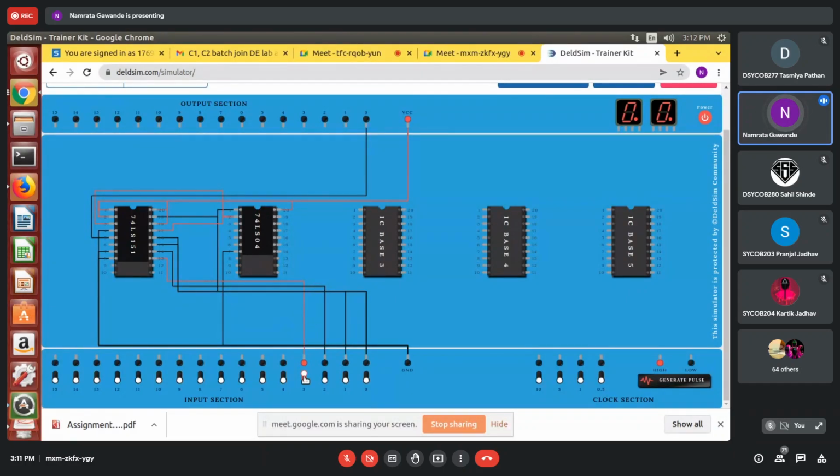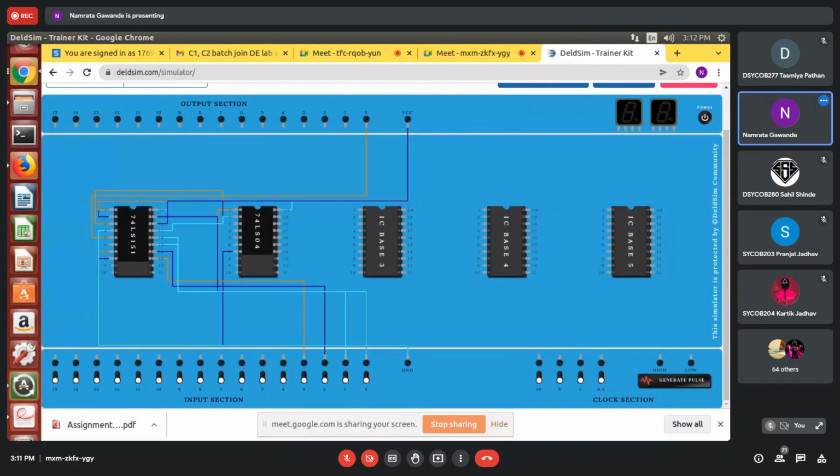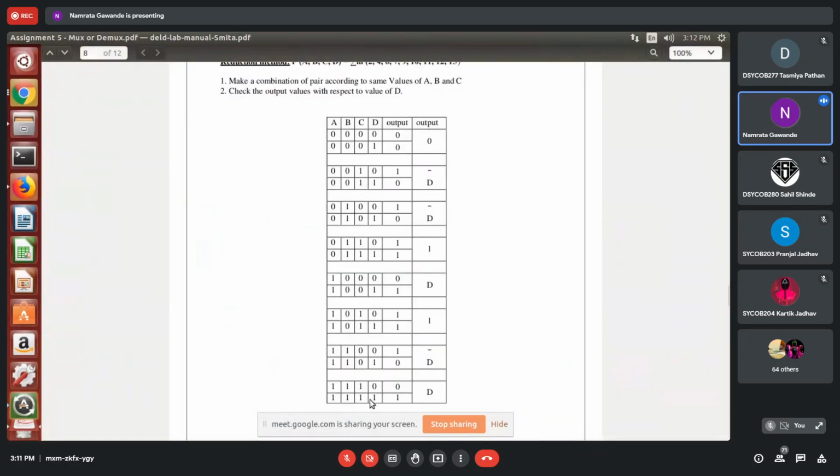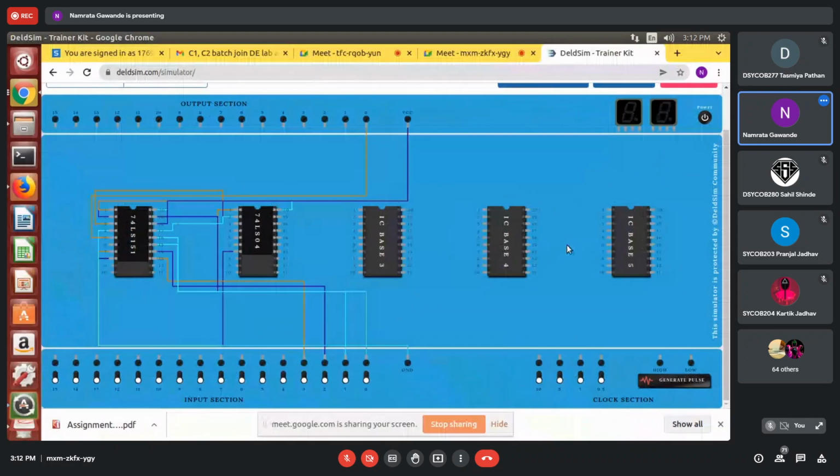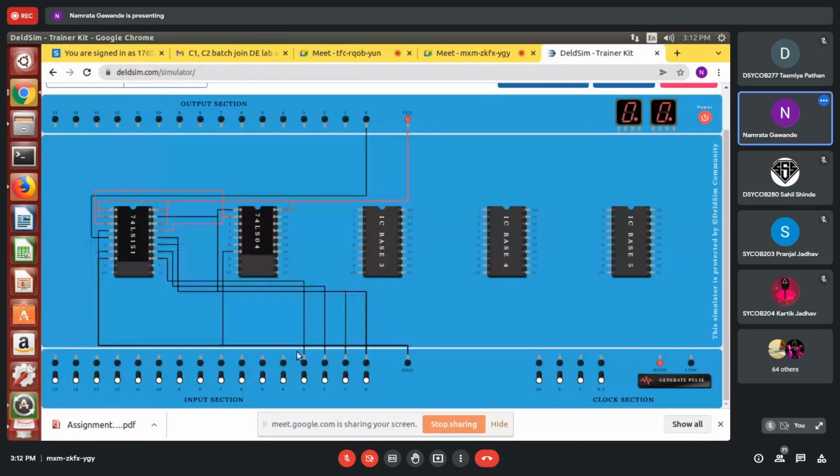Okay, one more connection we'll check. Suppose for 1, 1, 0, 0, I should get output as 1. 1, 1, 0, 0. Getting the output as 1. Okay. So I have shown these three combinations from this truth table.